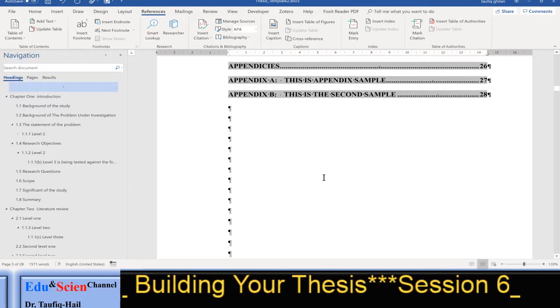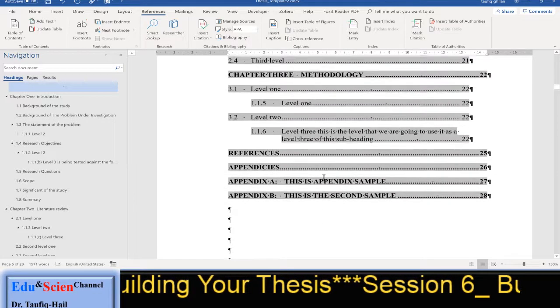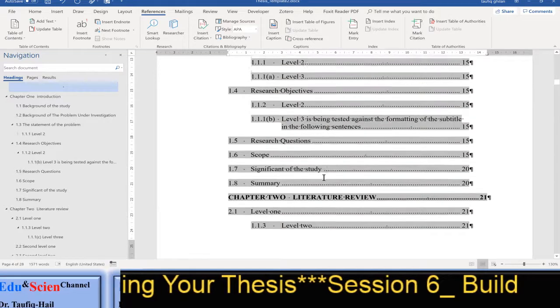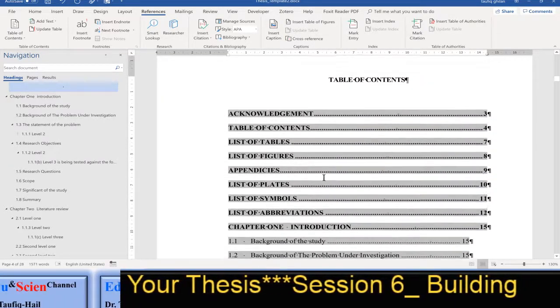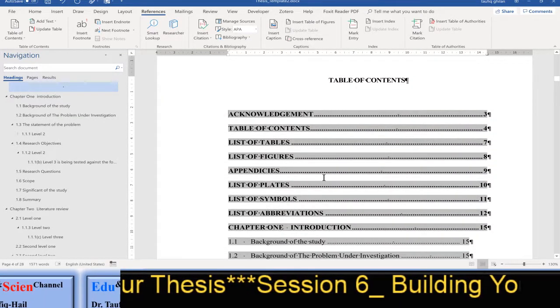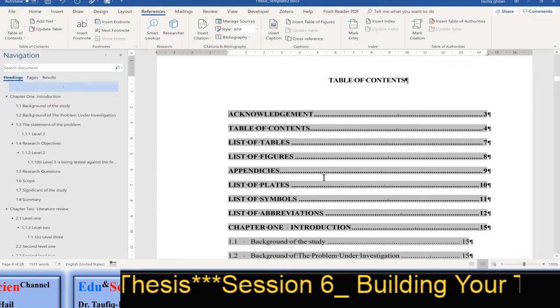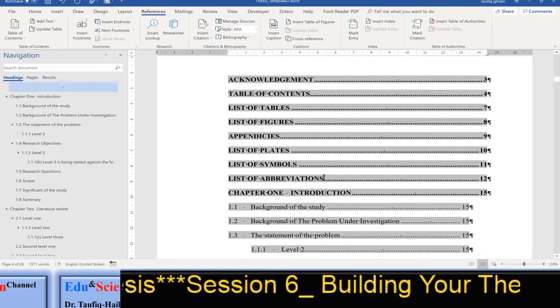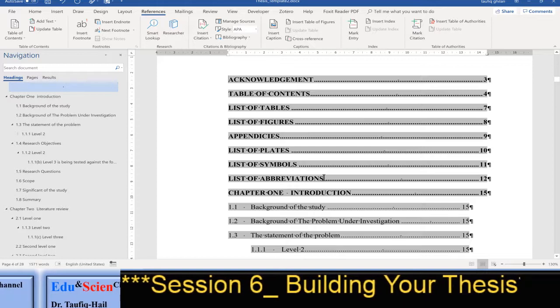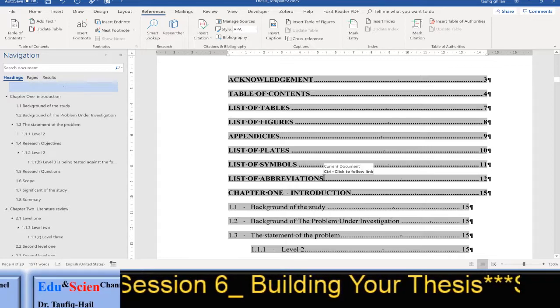So I hope that this was informative, and this is an easy way to change the table of contents. And if there is anything that you would like to know about, kindly write in the comments,